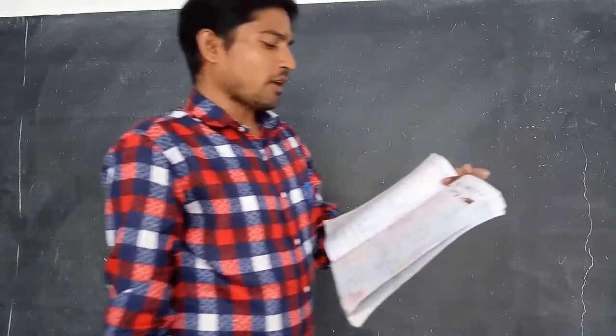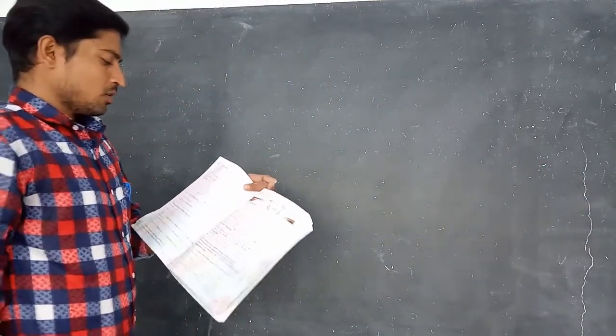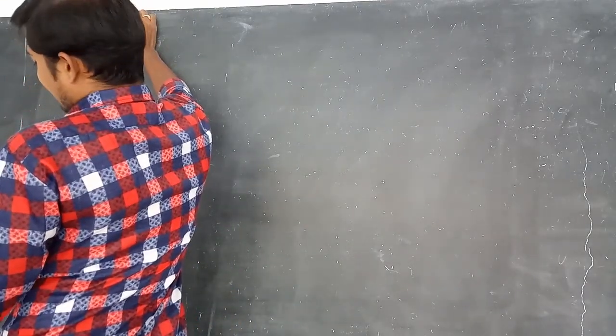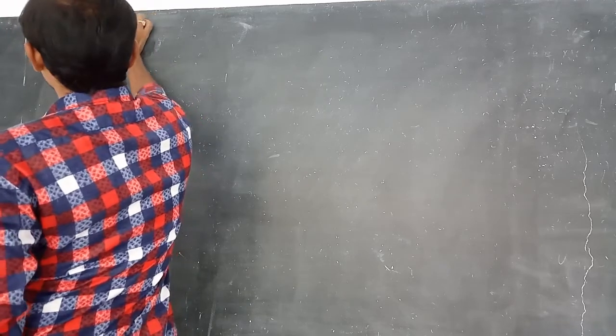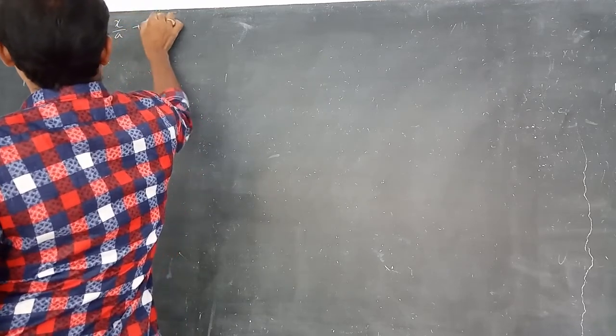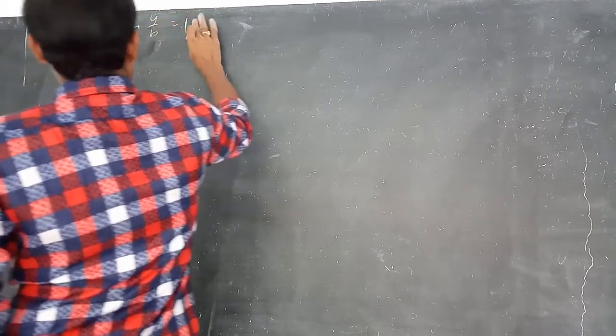The slope of the line, slope he wants here. Fourth one, x by a plus y by b equal to 1. x by a plus y by b equal to 1. Slope is